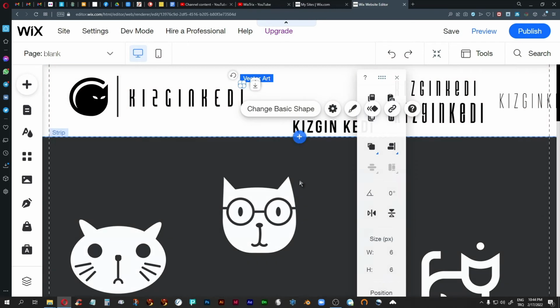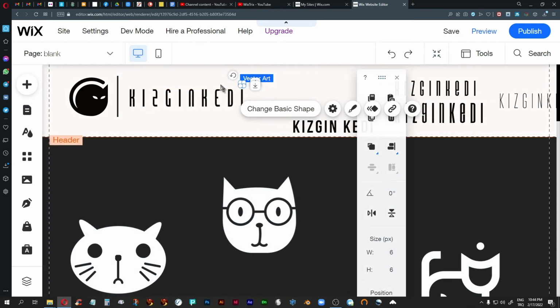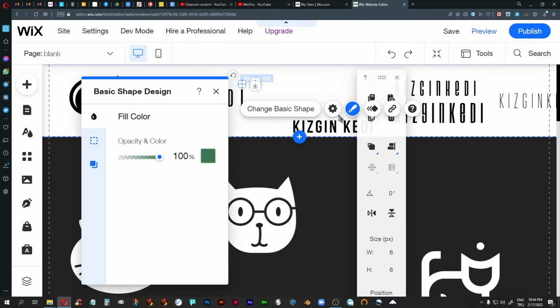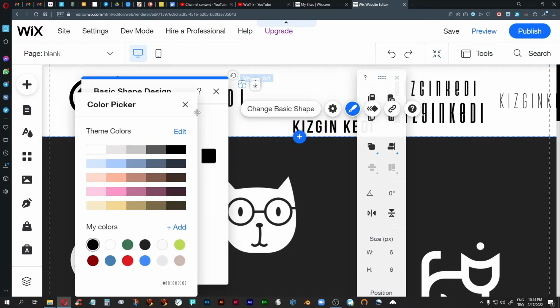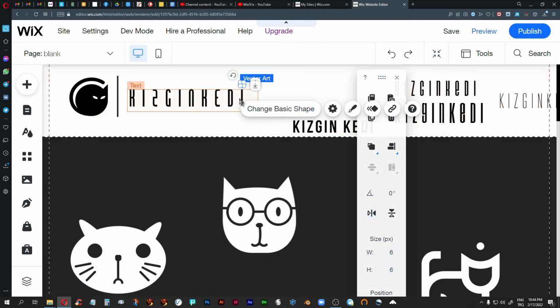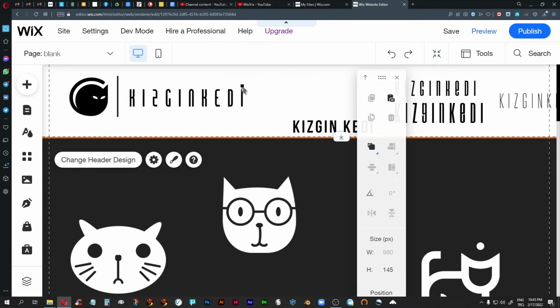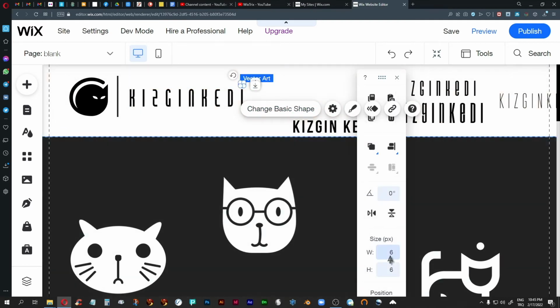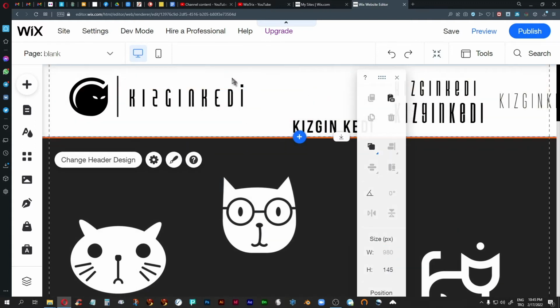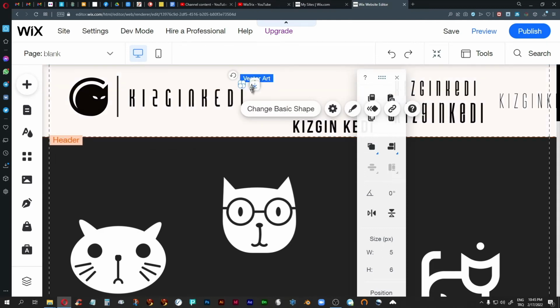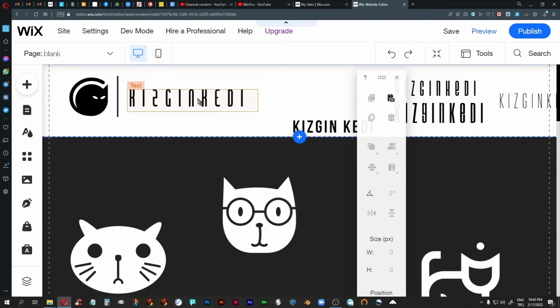The only way that I can select this is by surround selecting it, but not even then. I would obviously need to change the color. It's green, it would need to become black if I was going to use it with a black thing. But anyway, this would basically be my only way of creating a dot. However, I'm going to have a hard time selecting it again now. Okay, I would probably need to decrease the width to 4 pixels so that it actually becomes like a dot. But anyway, I'm going to delete this because I don't want to use this font anyway,